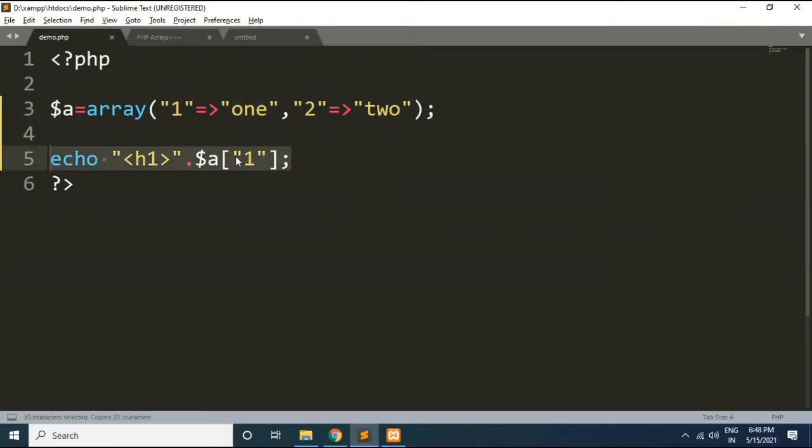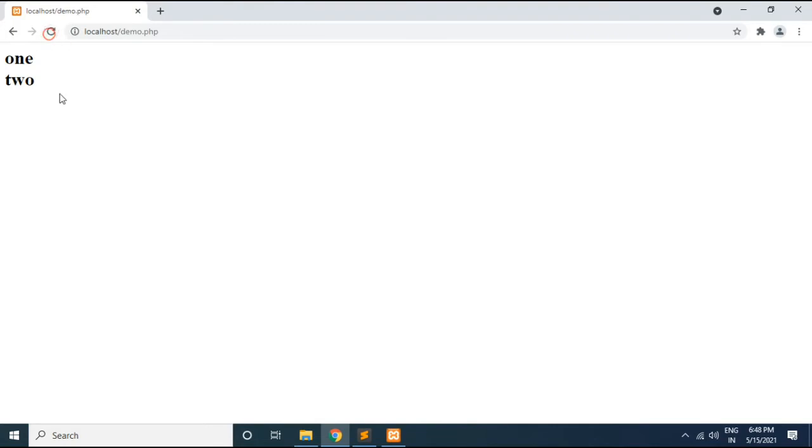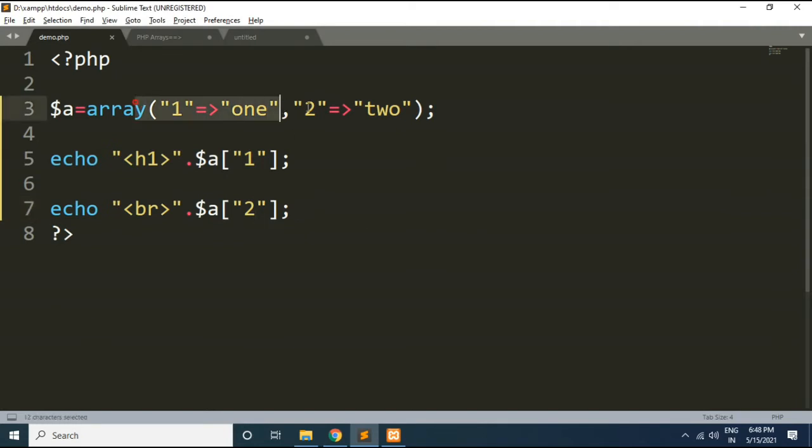In the same way, I can access the second element of this array. Here I will use br, and instead of 1 I will use 2 as a key. You can see we got both array elements. This is called an associative array.